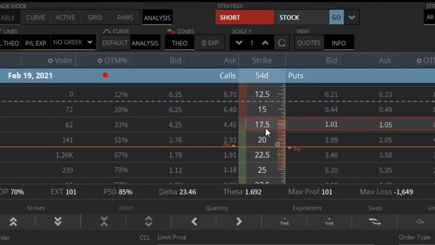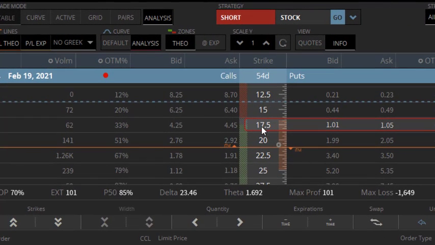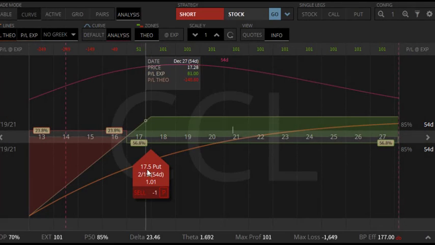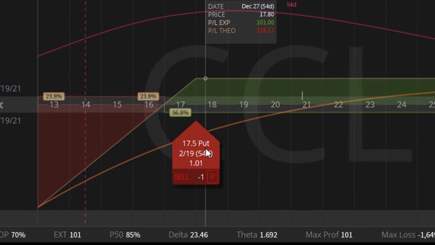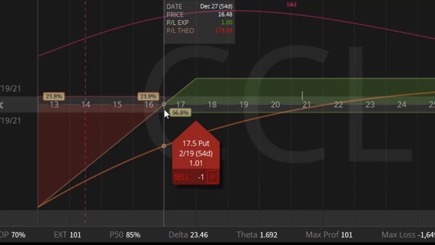So the option contract that we're going to look at is $17.50, and that goes out to 54 days from now, which is February 19th. And for that, I would receive $101, which is $1.01 per share. So looking at that example, you can see $17.50 on the put side, expiration February 19th, price $1.01 for that contract. So my break even is down here at